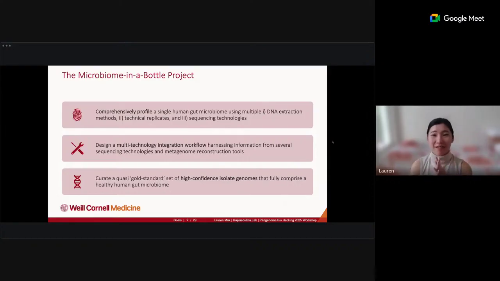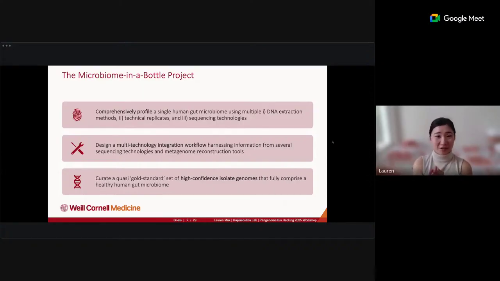The second part is that we need to be able to integrate all of this data in a sane way, which is harder than you might expect. I spent a lot of time designing a workflow and analysis pipeline that integrates multiple technologies, lots of different types of sequencing data, each with their own strengths and weaknesses. And each type of sequencing data, fun fact, requires its own reconstruction tool. That's great. And which takes me to my goal, which is to create a quasi-gold standard benchmark data set of